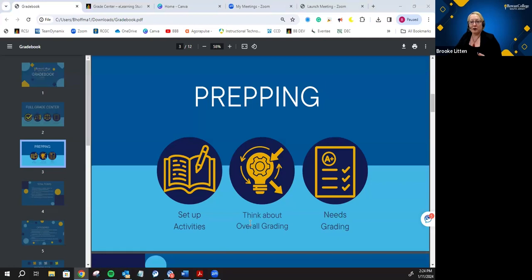The other thing you want to think about is how you're going to grade things overall. So you might say, all right, here's the assignment. Here's 10 points. Here's 100. But think about how you want to grade things entirely as the class. How many points do you want your class to be worth? What's your score? What's your schema that you're going to use? And once you have that idea, you can create your activities, and then you'll go and grade